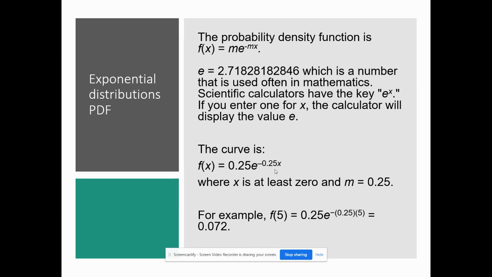We want exact values, like what we did with binomial. Remember, the first thing we did was PDF, which is the exact value. So let's say that I want to know the probability of 5 minutes. So I plug in 0.25 e to the negative 0.25 times 5